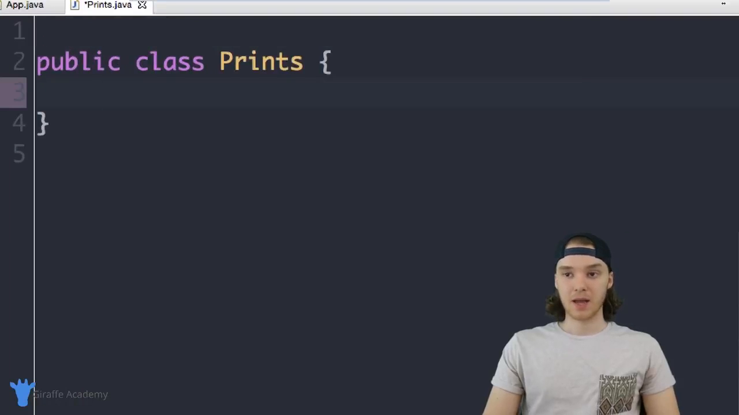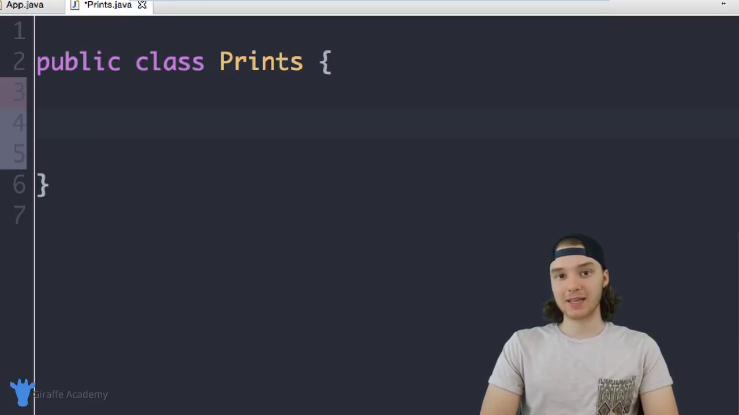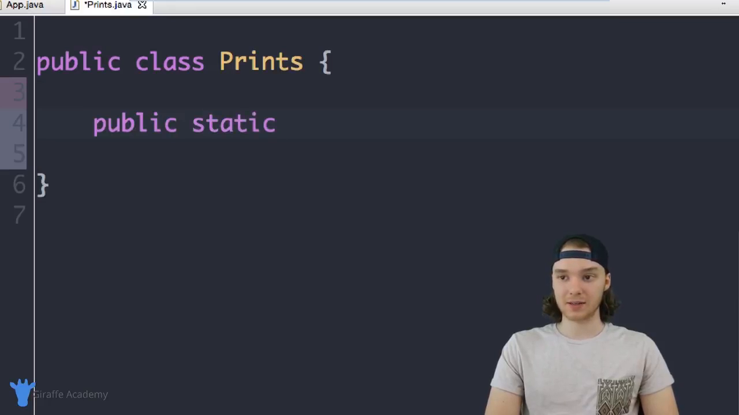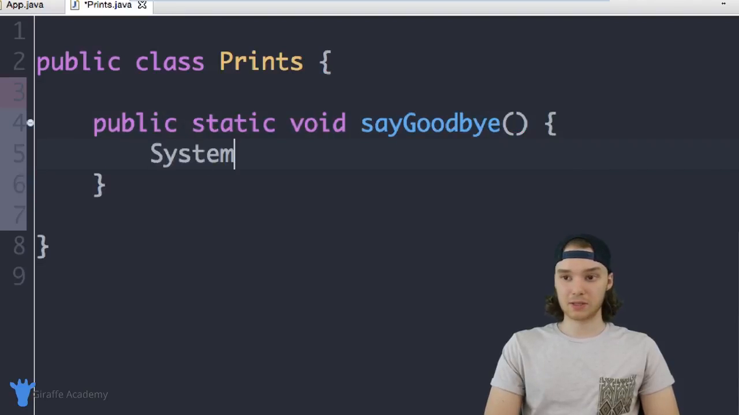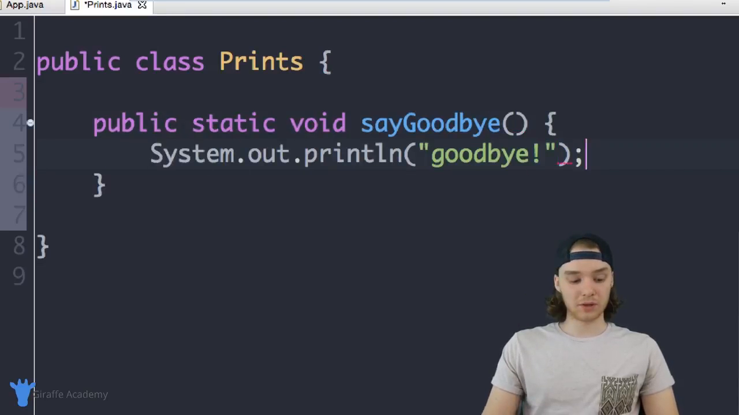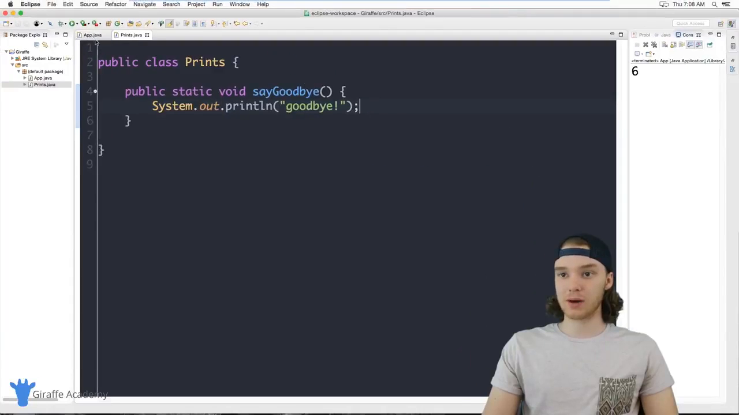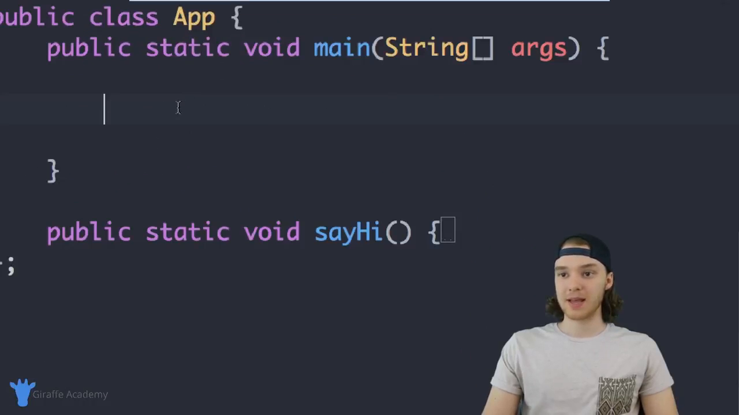Public class prints. Now, if I want to do something like we did with that math class, I can actually create specific methods inside of here, and I can give them the static keyword. So I could say public static, and we could create a method in here that just prints something out. So I'll say goodbye. So this method will just say goodbye to us. So in here we can just print something out, goodbye. What you'll see is now I can actually go over to my app.java file over here, and I can just access this directly. So I could just say prints dot